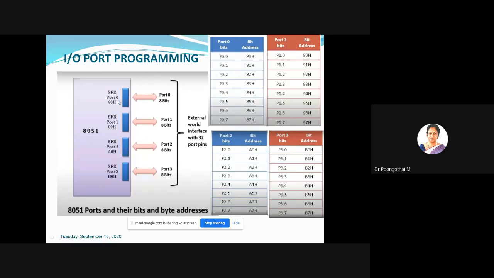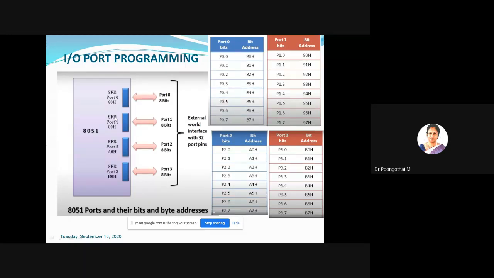So every port is associated with one special function register, and these registers are used to manage the port activity of 8051. Port 0 is associated with the register having address 80, similarly port 1 90, port 2 A0, port 3 B0.